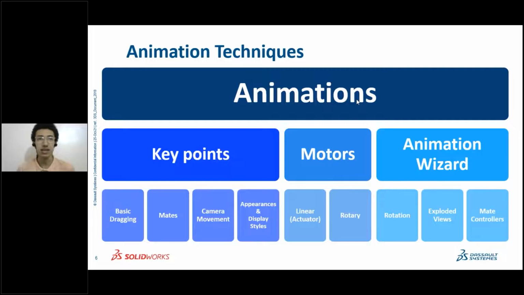And that's like the very basic way of making an animation, you know, like basic dragging. I'm just dragging parts around and placing key points to make an animation. It's not that accurate, but it just gives you a simple output of what you want to see. Okay, the better version is to do it using mates. So for example, if you look at this,